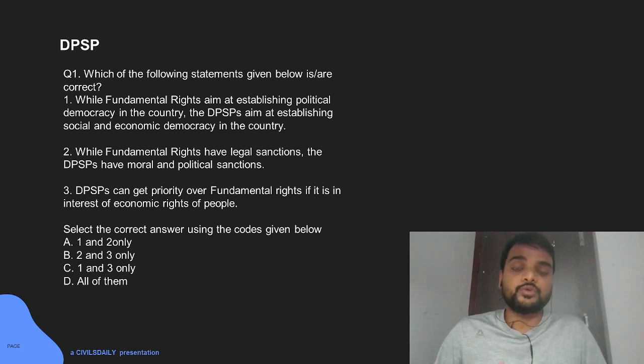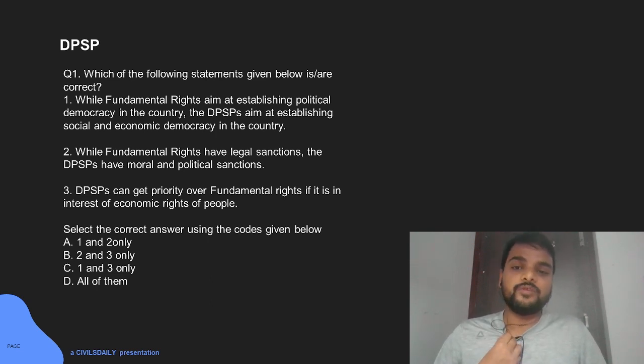While in the DPSP you have social and economic rights, such as promotion of domestic industries, protection of milch cows, special schemes for women and children, right to housing and everything. Those are the social and economic rights aimed at social and economic justice, and the Preamble talks about political, economic and social justice. So you have political justice in fundamental rights, and economic and social justice in the DPSP, but they are not enforceable. It is up to the state and central legislature to provide those rights to the citizens.